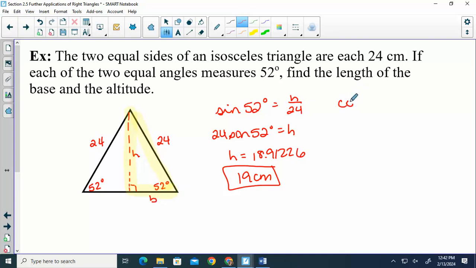So we could say the cosine of 52 degrees equals b over 24. Oh, cosine, I just did sine again. And so then our total base, if you take that times 2,